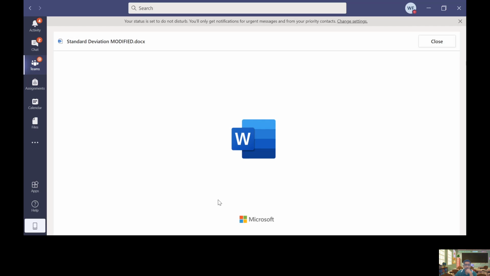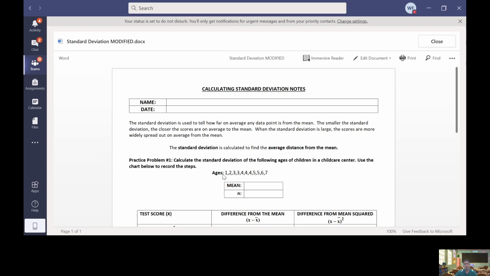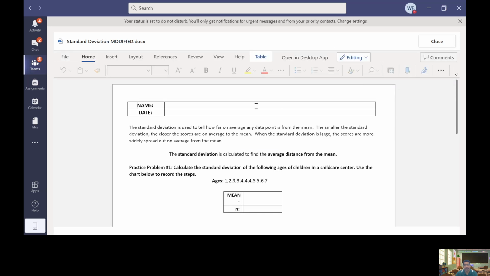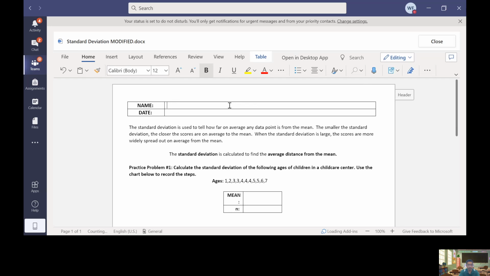Do this. I will check this. So basically, you go in here and you will edit the document, and it actually saves as you do this. And over here you will type in your name. Too many caps here. All right, and of course today's date, whatever the date is. You're looking at this. I think today is